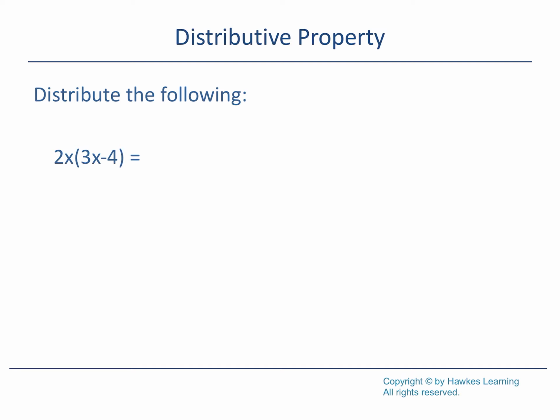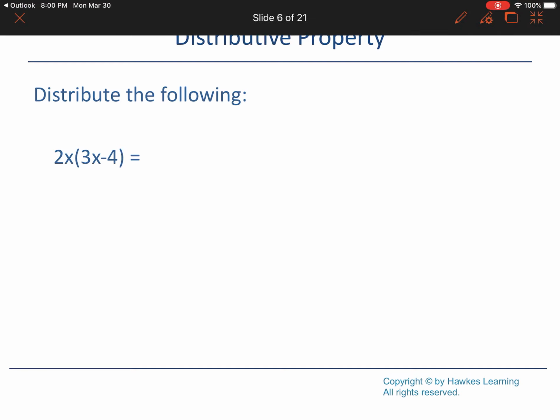Okay, so that's finding the greatest common factor. Now, I want you to think back to what we were doing a few sections ago. We were multiplying, right? And we distributed. So if you were going to distribute this, remember that we take it and we distribute it to each thing, right? We have